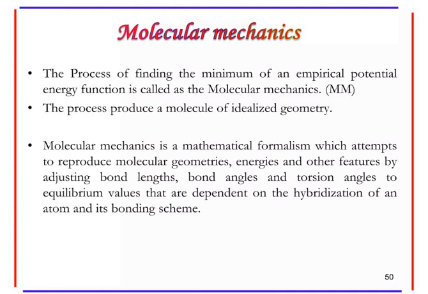Now, molecular mechanics. The process of finding the minimum of an empirical potential energy function is called molecular mechanics. The process produces molecules of idealized geometry. Molecular mechanics is a mathematical formalism which attempts to reproduce the molecular geometry, energies, and other features by adjusting bond length, bond angles, and torsion angles to equilibrium values that are dependent on the hybridization of an atom and its